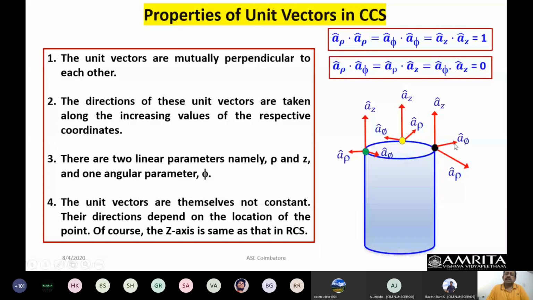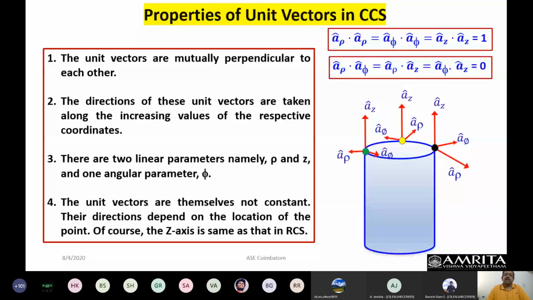Now, the dot product relationship is obvious because the unit vectors are perpendicular to each other, which means I can write arrow hat dotted with arrow hat, that is, I am taking a dot product of a unit vector onto itself. I will get 1 because the angle is 0, and by definition, cos 0 is 1. Therefore, you get 1. And because these unit vectors are perpendicular to each other, we will always get 0. We are going to make use of this relationship when we talk about vector transformation. Hold on your breath for a moment.